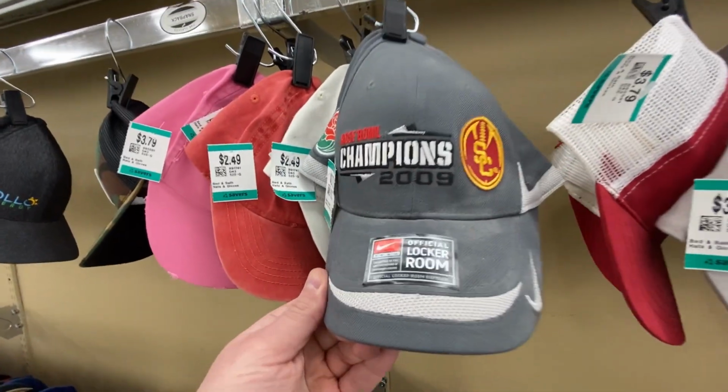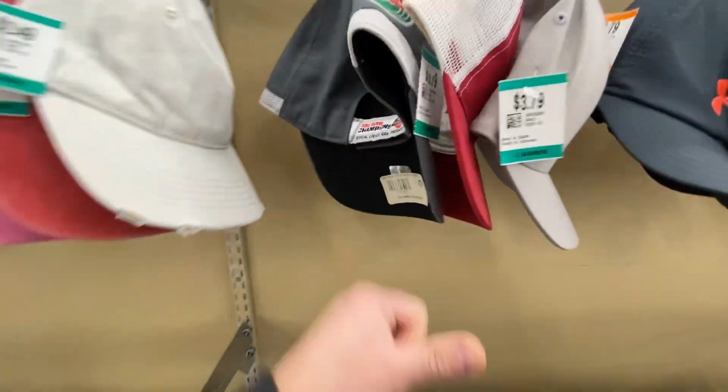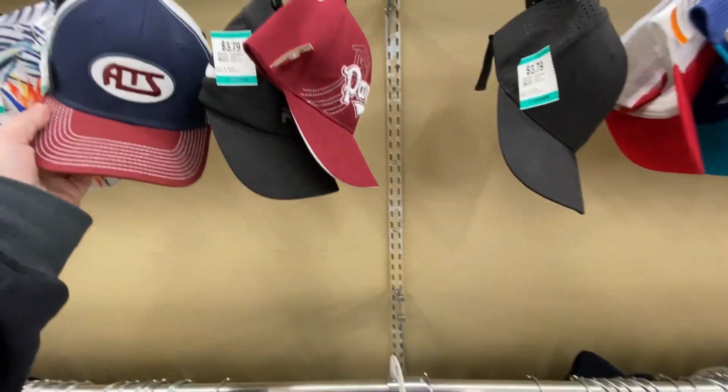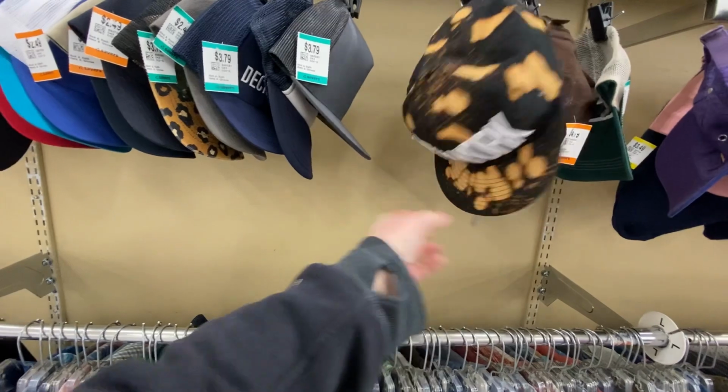I knew this was a sports one, didn't think it was going to be very good, but it is a Rose Bowl hat. And my Utah Utes played in the Rose Bowl yesterday. We were winning in the third quarter against Ohio State, and then we lost, guys. We lost. It was terrible. That's where I went to college, so...